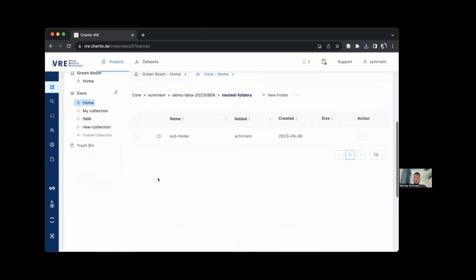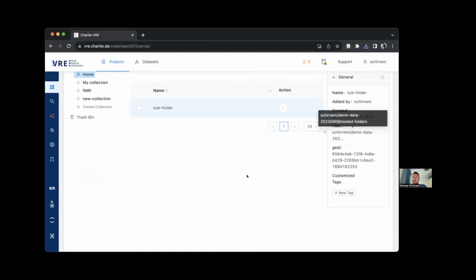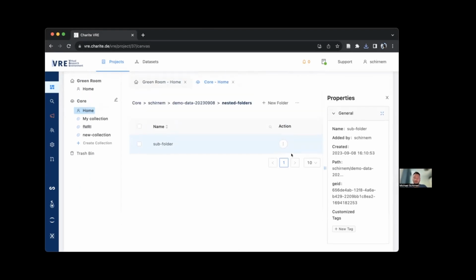We have also a few other functionalities. For example, we can see the properties of a folder. So we can see some statistics about it. It's global identifier, so every file and folder has a unique identifier, and this can be used to create a lineage of files and processing steps, basically, of the evolution of files. I can also assign tags here, and we can also add